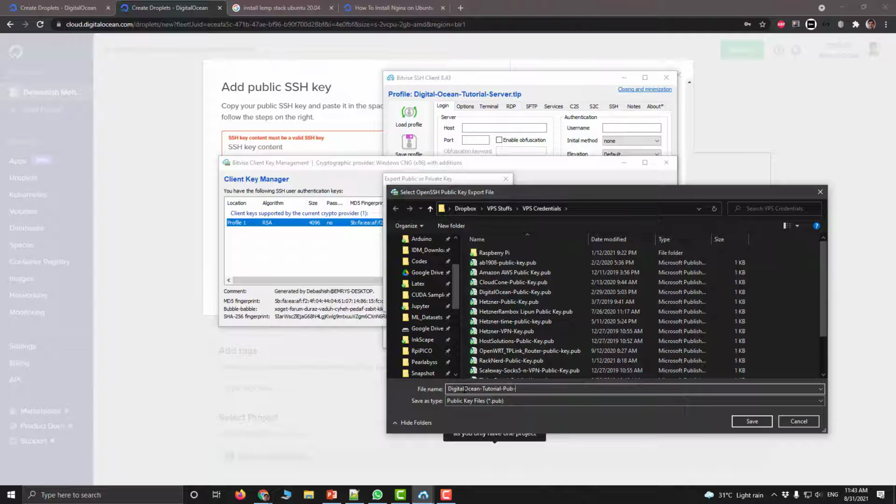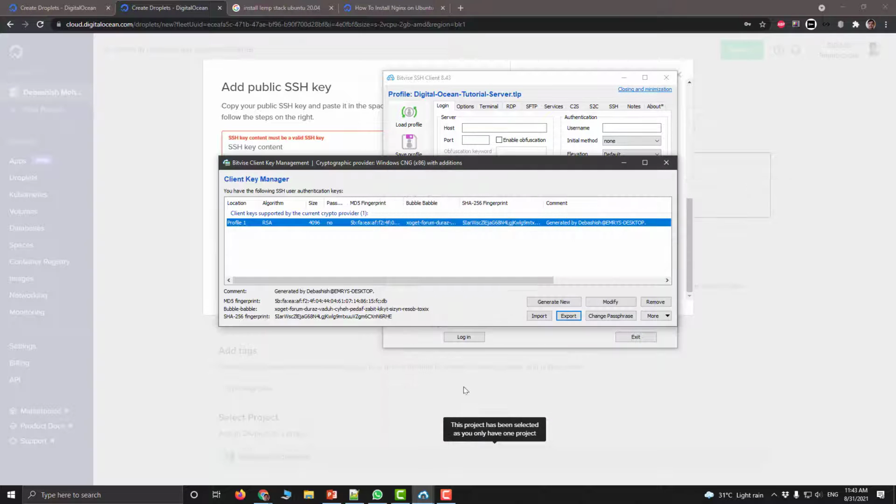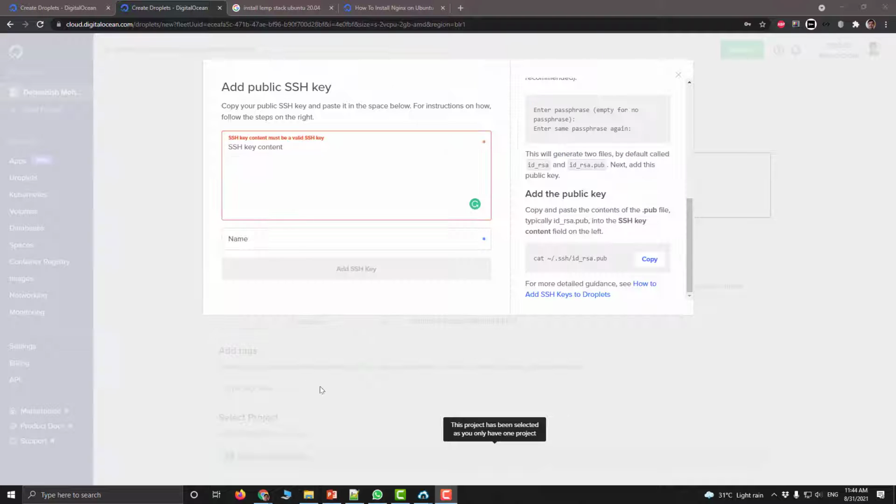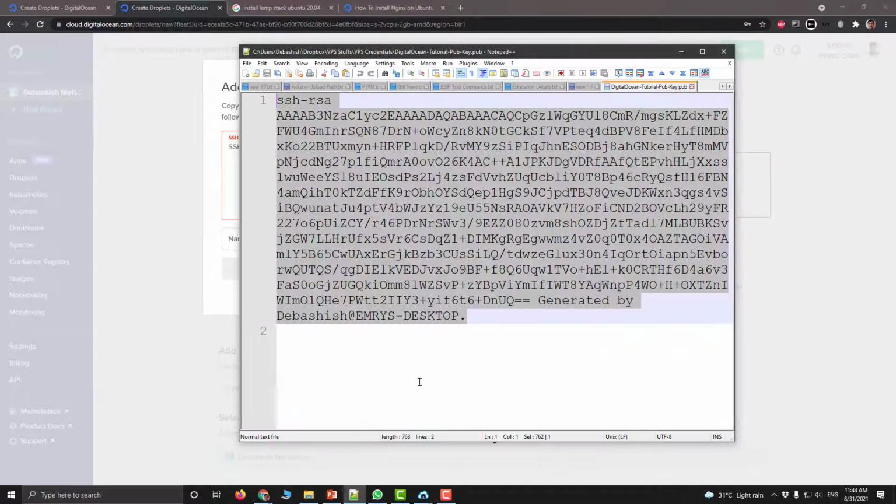Public key. Now you can open that file that I created. Let me just open it in my notepad. So here I have the public key that I just exported from Bitwise SSH client, and I can copy it